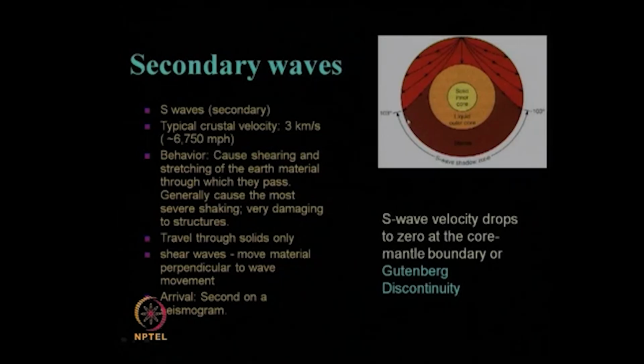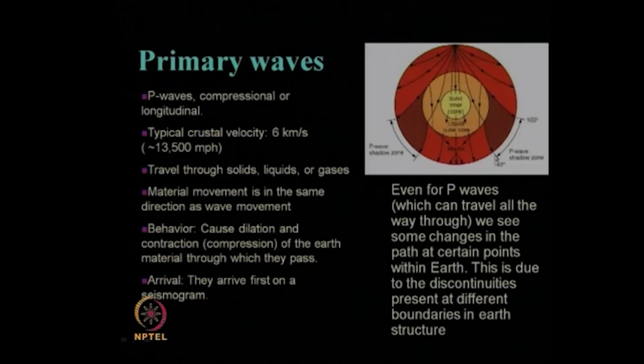That means, if your seismographs are located anywhere on this part of the globe, none of them will record any arrival of the S wave. But if seismographs are located at these locations, they will record the arrival of S waves. So, what does it mean? Some seismograph stations which are between 103 degree and 143 degree,